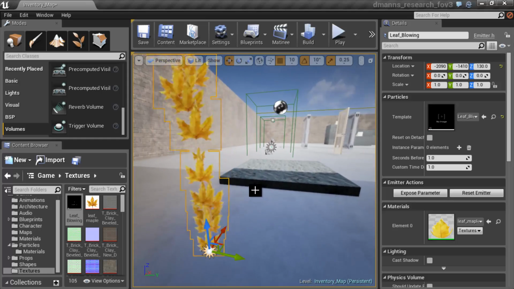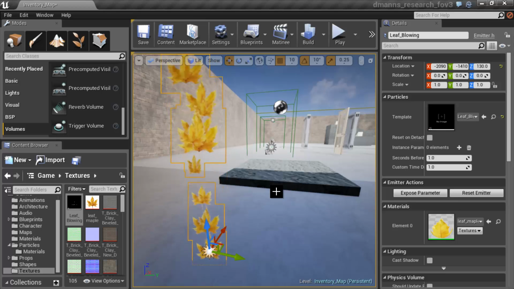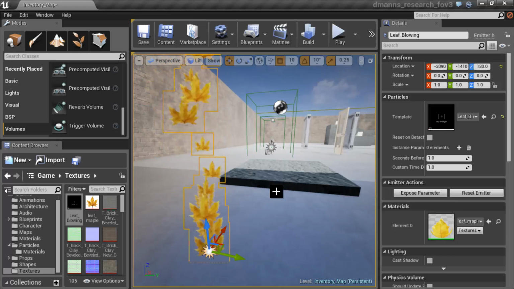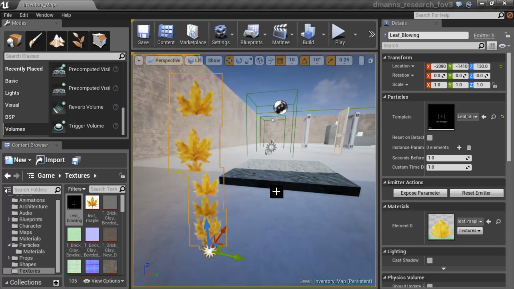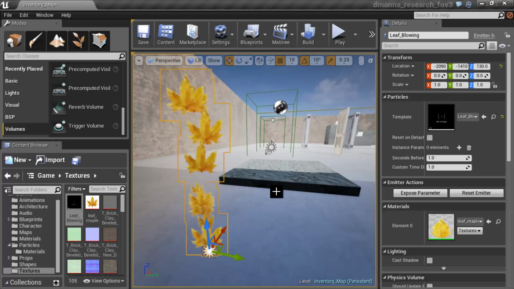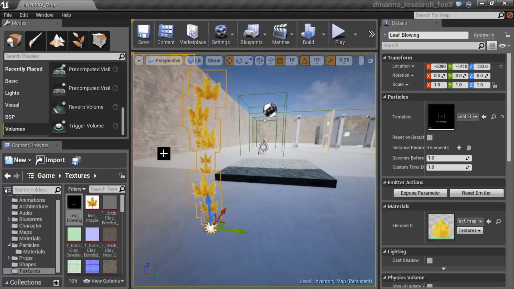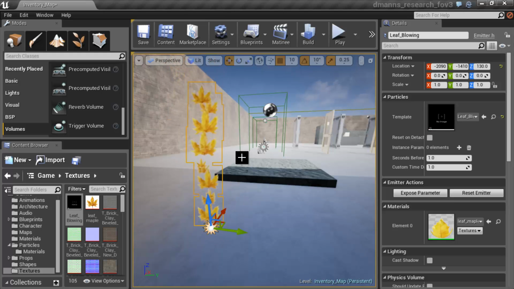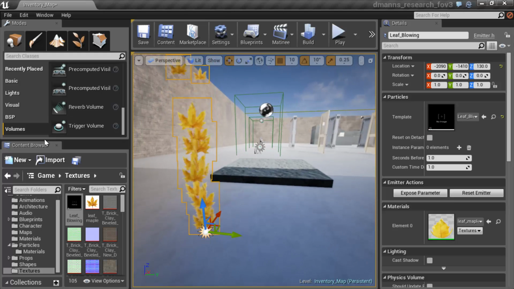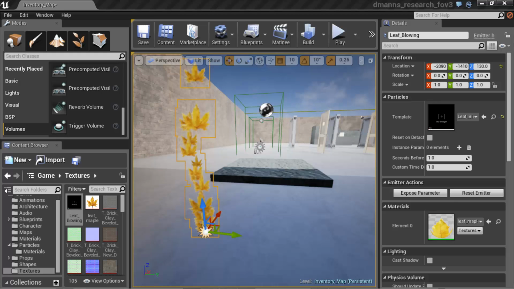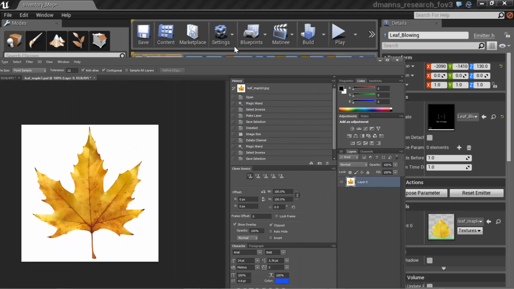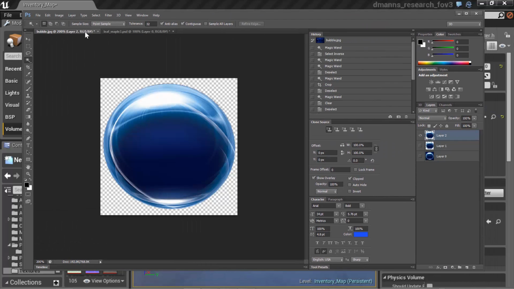But let's say we wanted this to look like some bubbles blowing from, I don't know, a bubble machine. So let's look at that example. First, let's create a simple shader for our bubble. I've already created a bubble